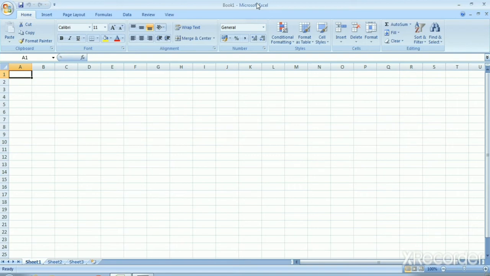Here you can see Microsoft Excel as the application name, and Book1 is the default name given to a workbook. There are 3 buttons on the top right corner of the title bar: the first one is the minimize button, the second one is maximize, and the last one is the close button respectively.